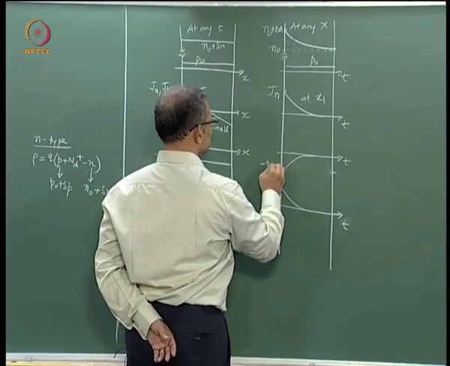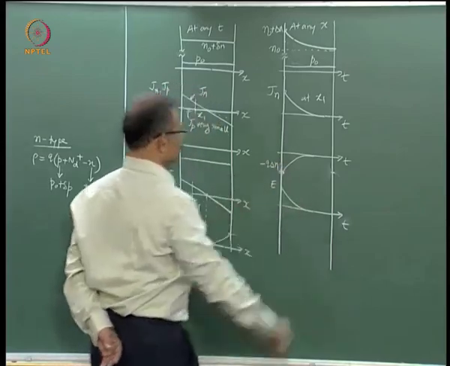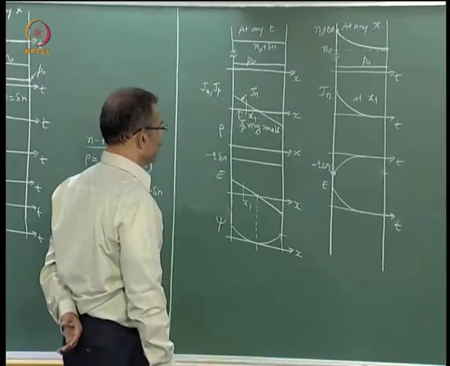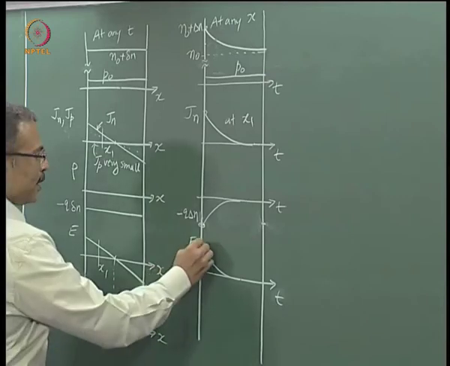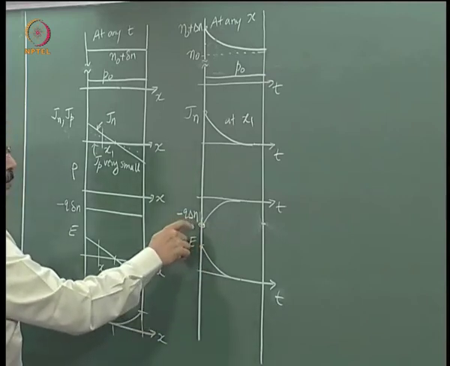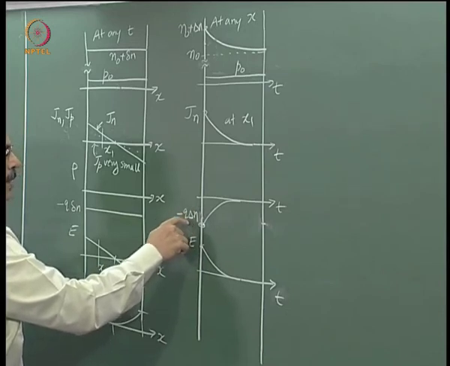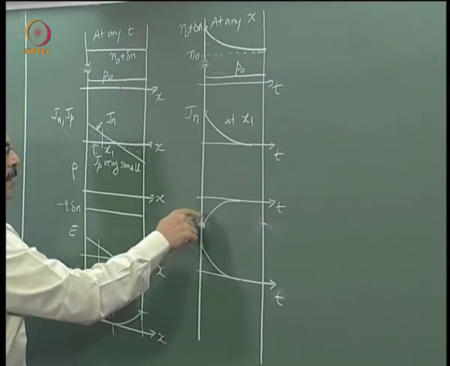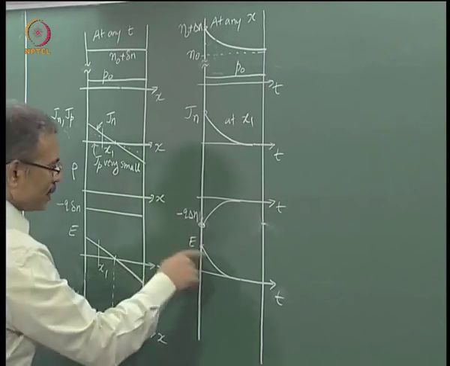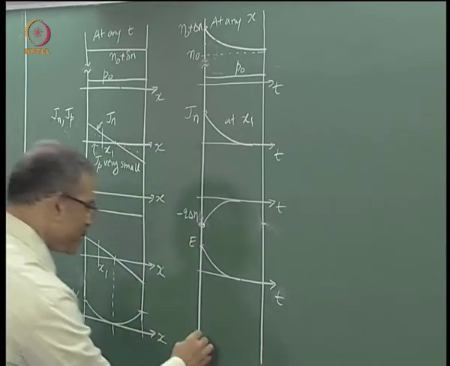So this is minus q delta n, that is this value. This electric field, if you want to write in terms of this, it would be dependent on this multiplied by the volume and then divided by the epsilon s. As a function of time,